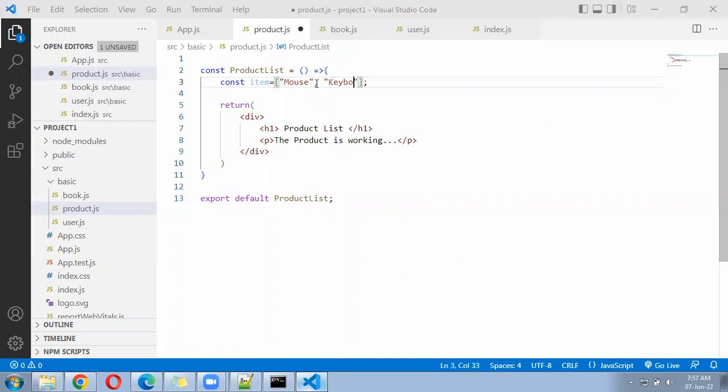Suppose I create an item two times, what will happen? The first variable will lose its own value. It will hold the second variable's value. Now suppose this is one item. If I create one more item here,